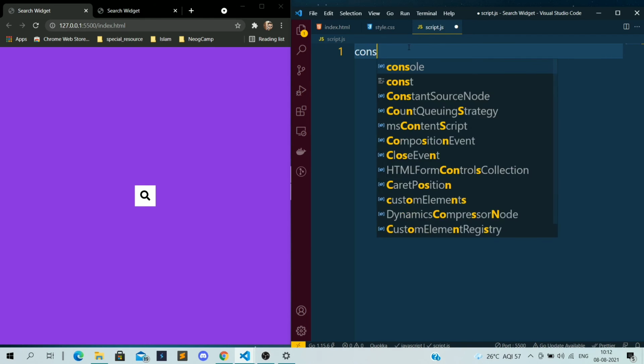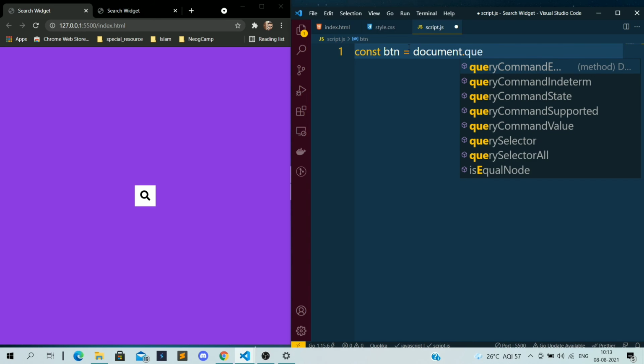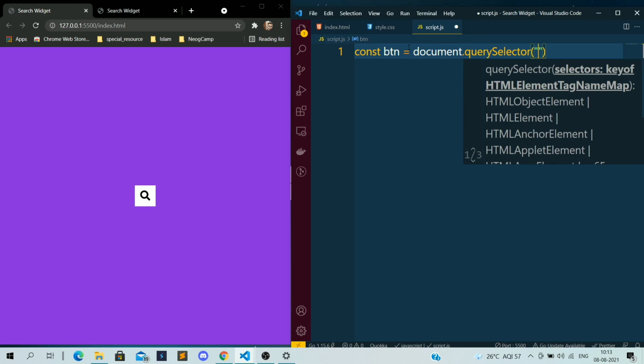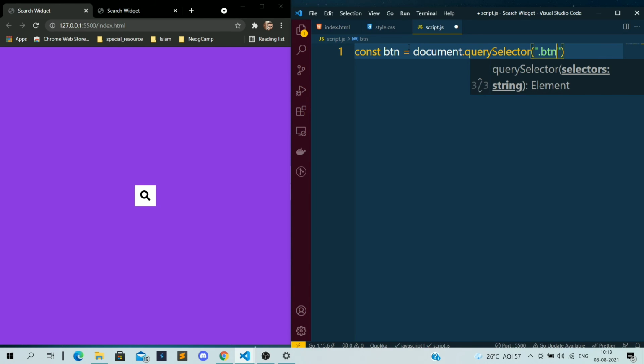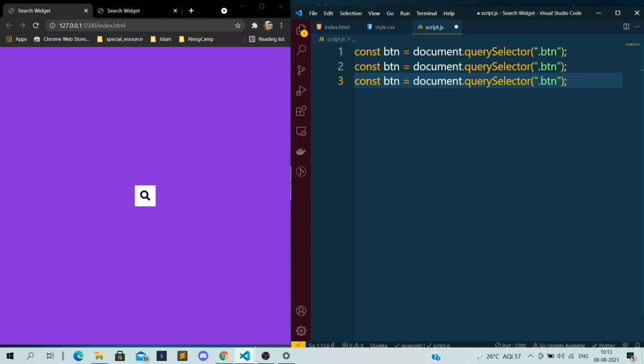Okay, so let's add the btn. Let's make a variable btn, document.querySelector. So document.querySelector, I want to take the btn. Similarly, I want to take the search. Okay, I have this search class, and similarly I want to take the input class.